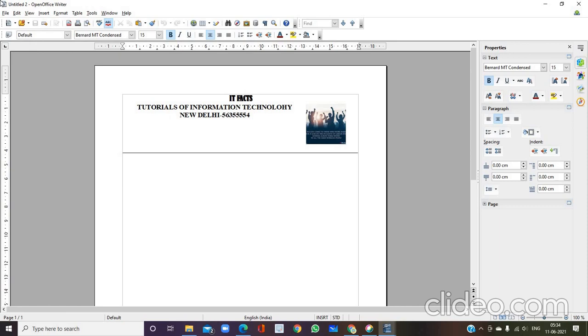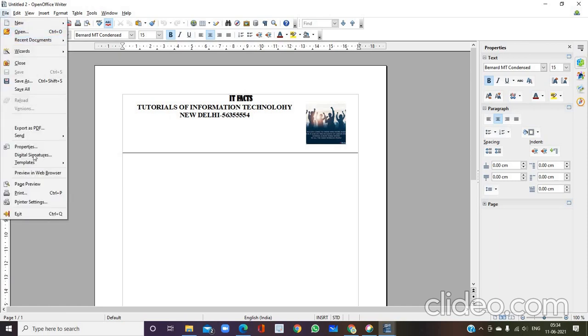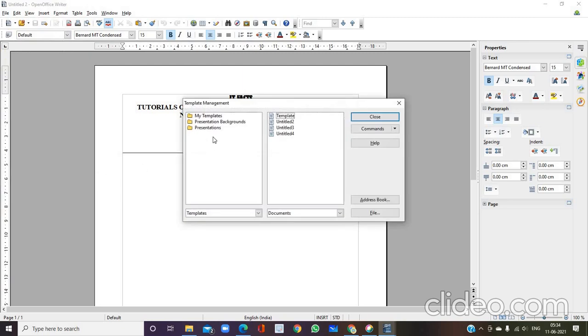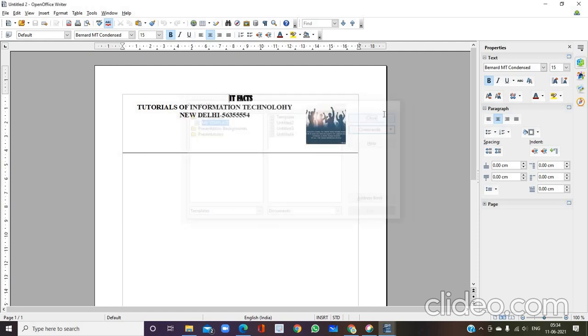First, again go to File, Templates, click on Organize. You see here it is under My Templates category, right? Select my template, this is the name of the template now. Here click on the Commands option, click on the drop down beside it. You can see different options in that. The last one is Set as Default Template. You click on close. What happens?